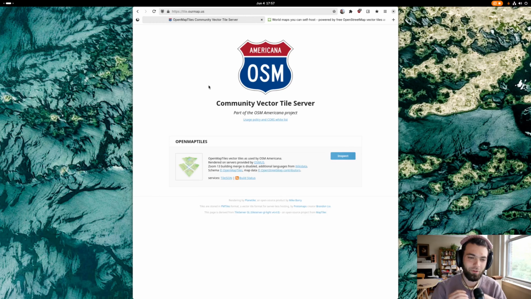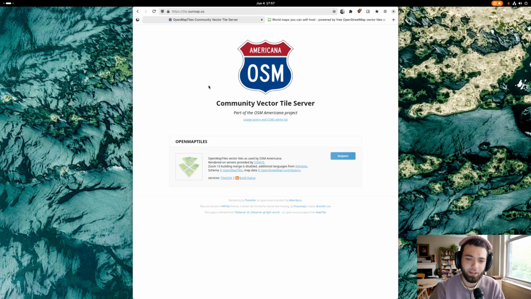All right, so I want to make a quick video here and talk a little bit about the OpenStreetMap US community vector tile server, which I think is a really cool newish resource in the OpenStreetMap world, and walk you through just how to set that up using QGIS and make a really simple map in QGIS using these tiles. So with any luck, I'll get you started pretty quick with this workflow and you can start making really simple